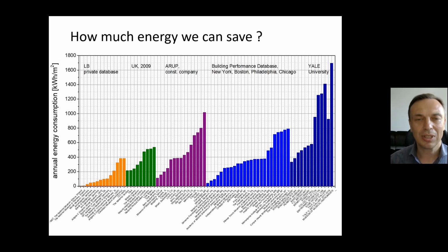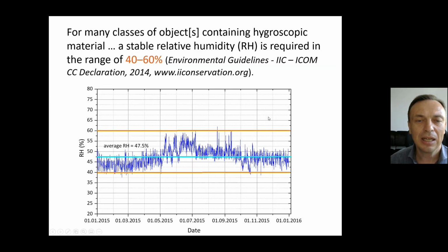But the question, of course, is what is the other part of the equation? What is the risk to the collection when we relax the environment? And I would like to focus your attention on this data, which is the Yale University Art Gallery data, and show the climate. And as you can see here, here is the relative humidity variation in the Yale University Art Gallery,